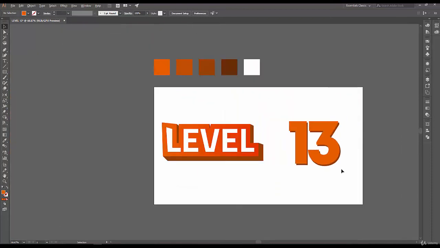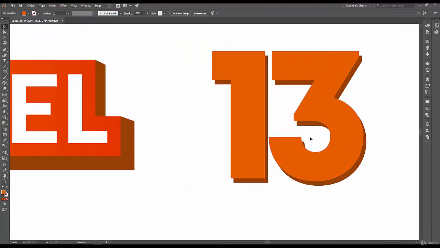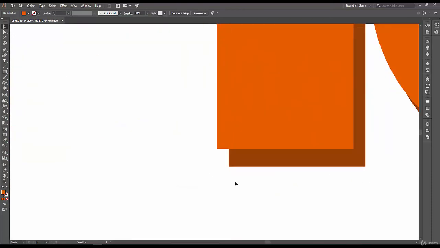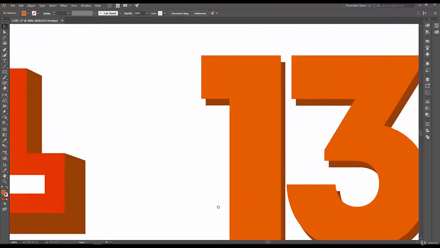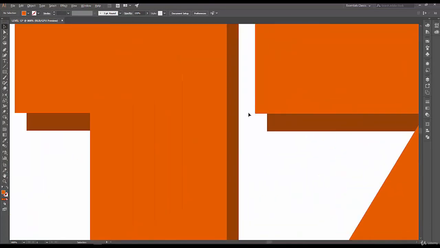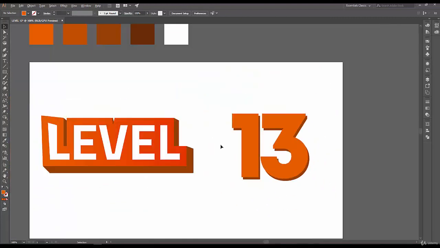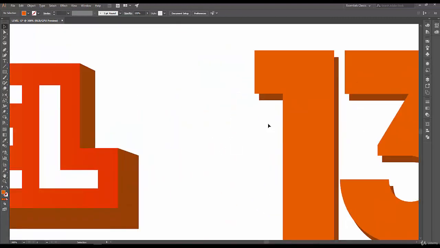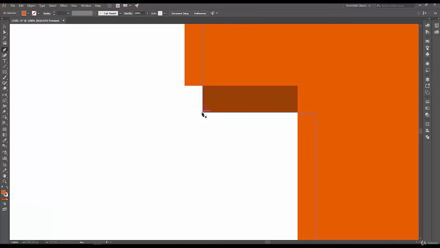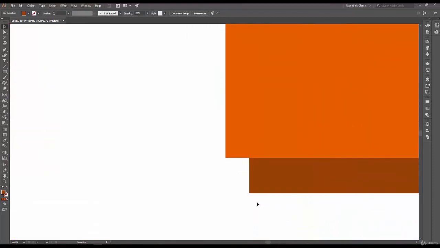Now as you can see, it doesn't look completely 3D. So in order to make it look like that, we want to fill up the gaps here with the same looking color and objects. So we're going to go ahead and select our pen tool and just fill up the gaps here. Click on just point to point. This is very easy. And make sure it's the same color as the bottom layer. Do it with each of the corners that has white.